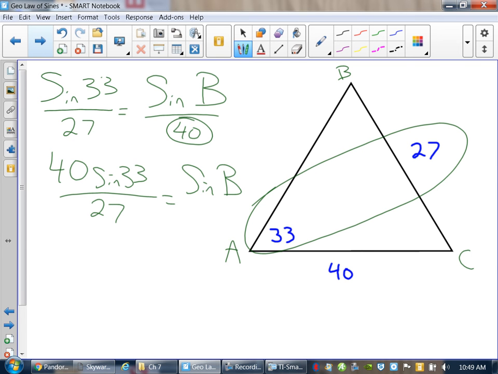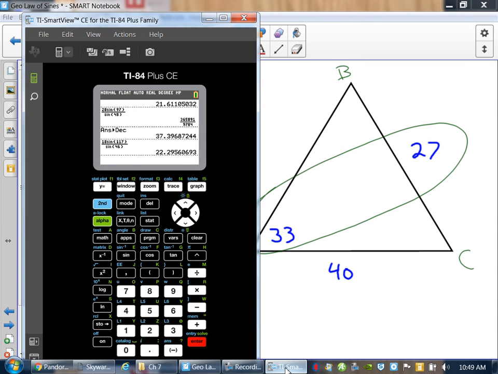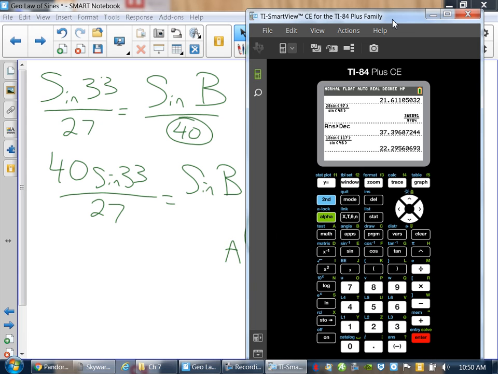Hey, isn't that the same thing as sine of an angle is some fraction? Sine of an angle is some fraction. It just so happens that that fraction has the word sine in it, which means you're just going to put it in the calculator with a button press. So now what happens is this. What I want you guys to get